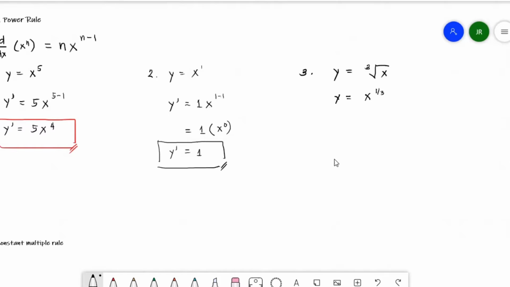So now, we can apply the power rule. So to get the derivative, y prime is equal to, we can apply the power rule, ibaba sa exponent, which is 1/3, copy the variable x, and then yung exponent na 1/3 ay babawasan natin ng isa. Okay, and then this is y prime is equal to 1/3